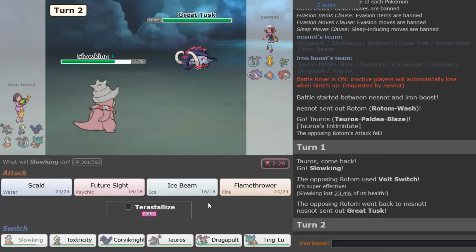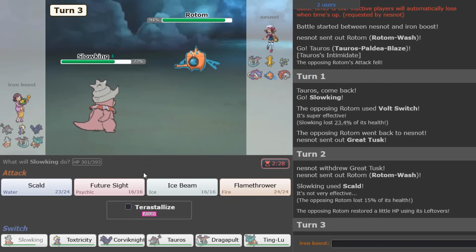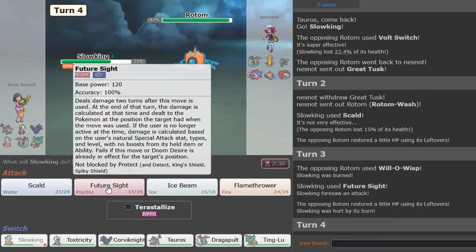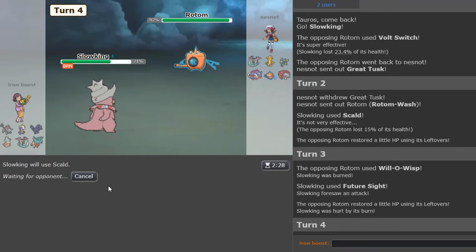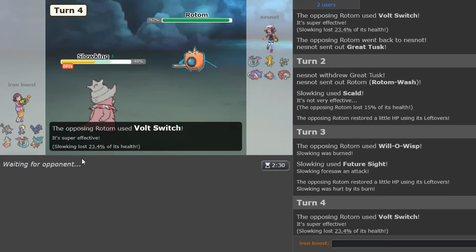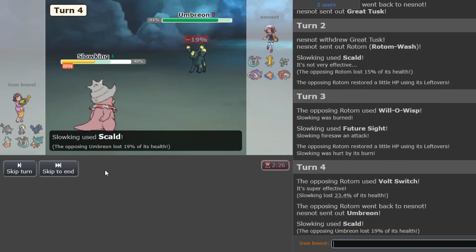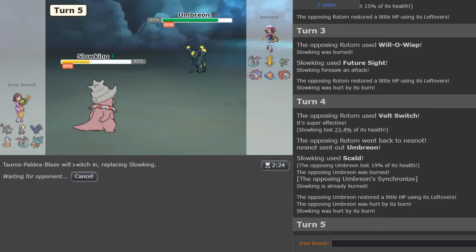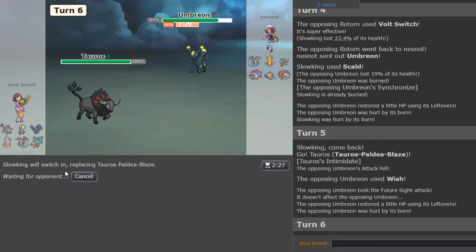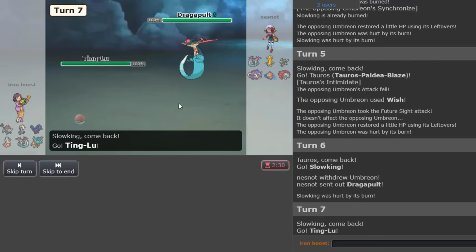Great Tusk. Great Tusk, huh? Nice double. I guess here, you know, they are leftovers. I could Future Sight, then Scald spam, I guess. So there's a Volt Switch. Yep, indeed. Umbreon's in. Do we burn you? Nice Scald. Yes, we do. Cool. Tauros here. They go for the Wish. And I can just go back to Slowking here to regenerate my health, and then regenerate again into Ting-Lu